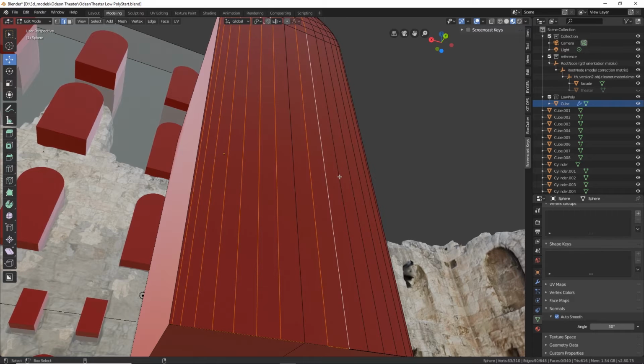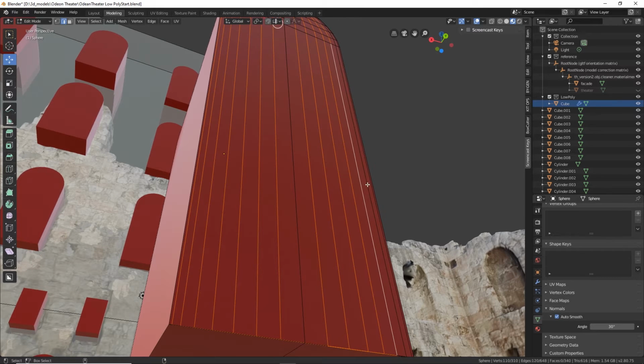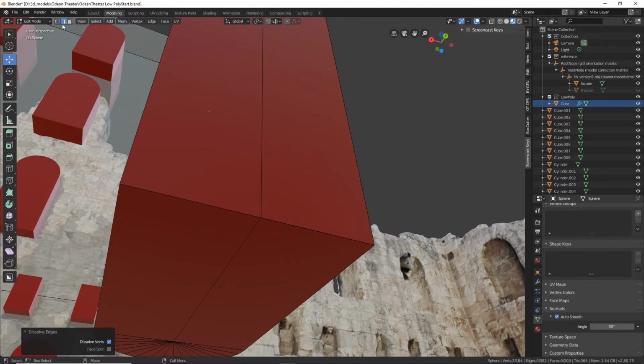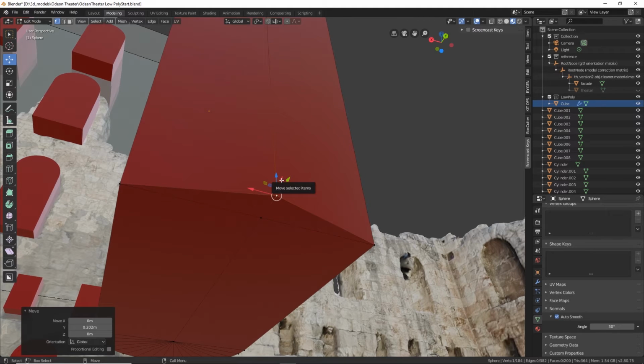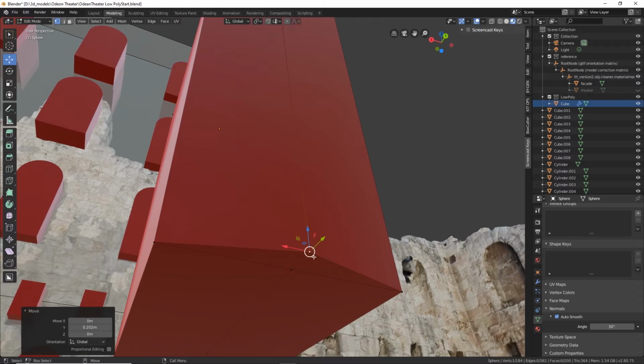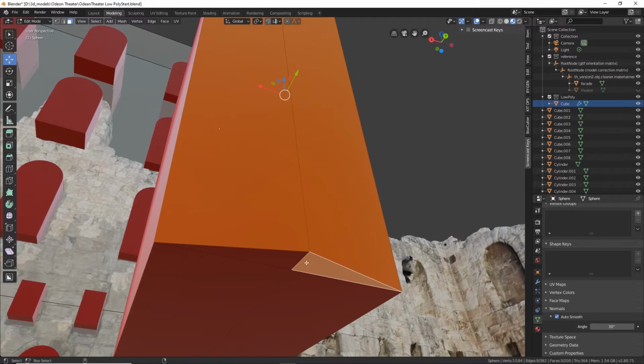Everything but the center one. And dissolve edges. Then what we can try and see is if we have, yep, we do. So what we can do is we're going to delete these faces and then we'll just bridge the back, because you don't want this here. I mean, it's just more geometry. I don't think it'll do anything bad, but just to get it clean in case you're ever making this shape